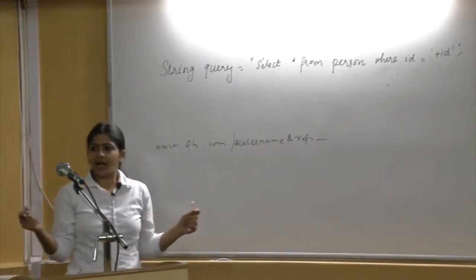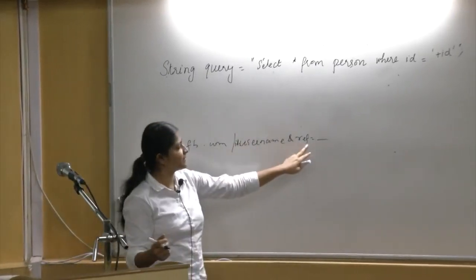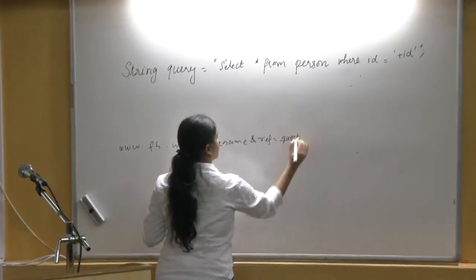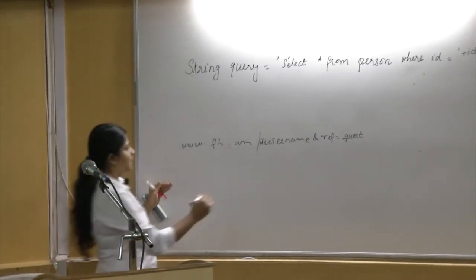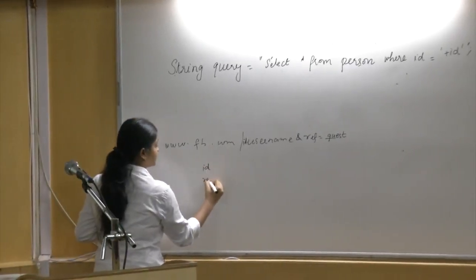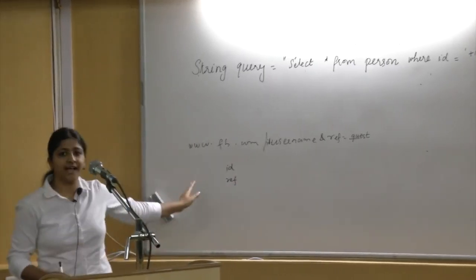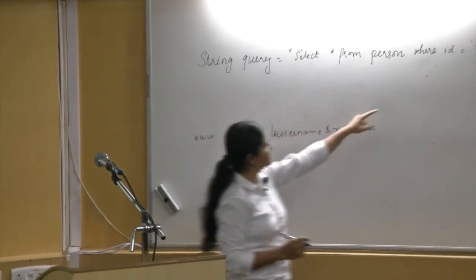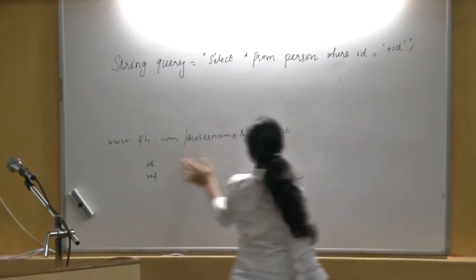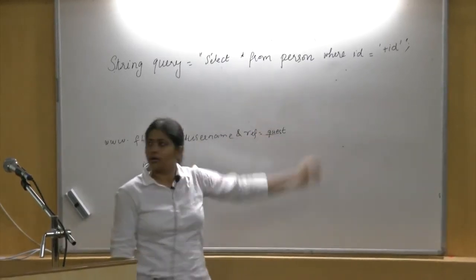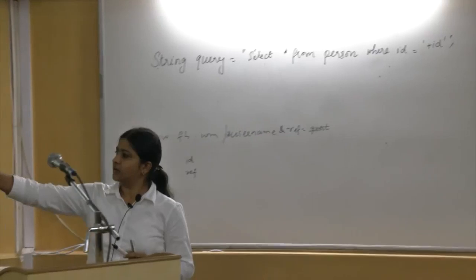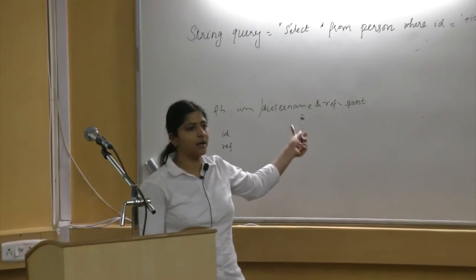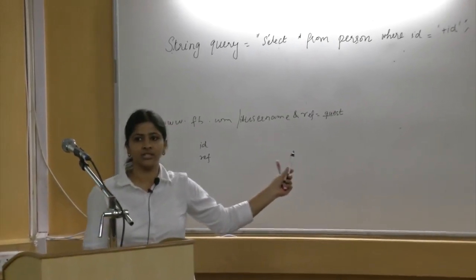We will fetch it as a variable. So id and reference, where reference is equal to guest. We will fetch these id and reference as HTTP session variables. So if you pass id equal to some username I am giving, I am just fetching it out here. You can generate SQL injections in it. You know what SQL injection is?